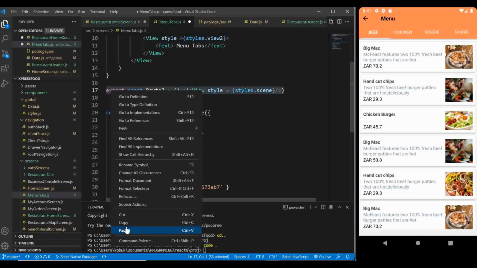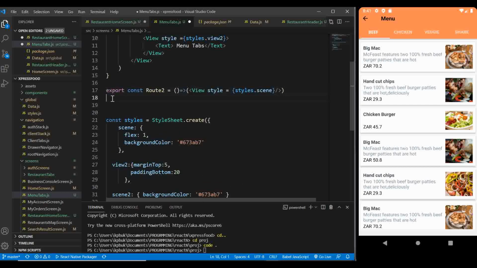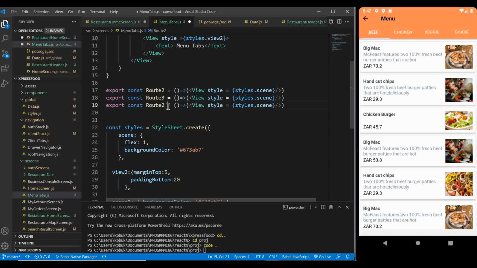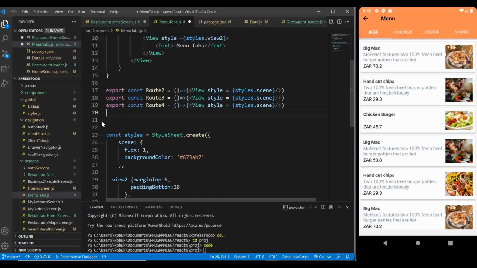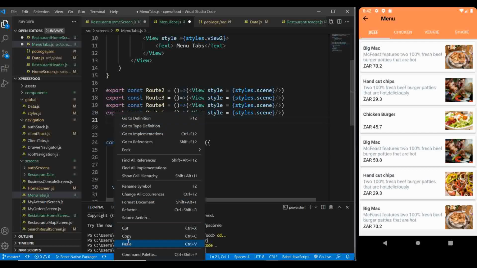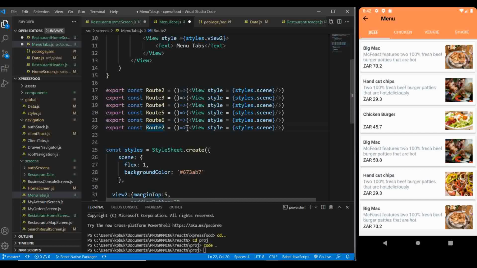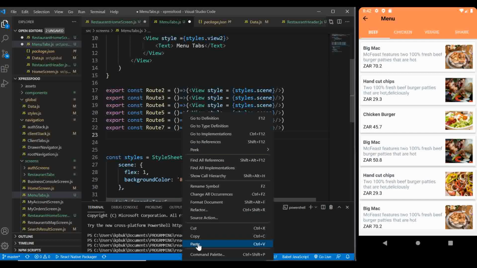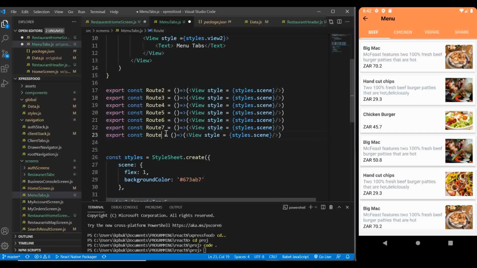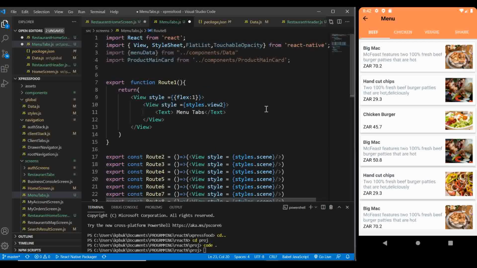duplicate this, paste there, and put a route, change to 3, 4, 5, 6, 7, 8. Okay, you can save this. Now go to your Let's go back to our